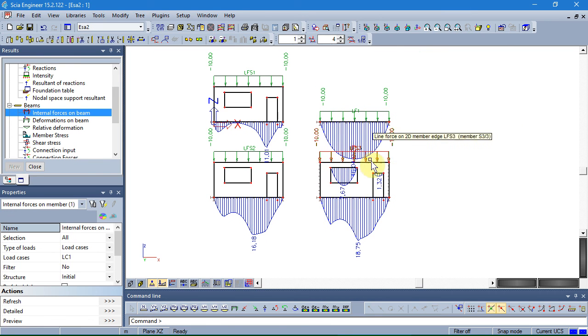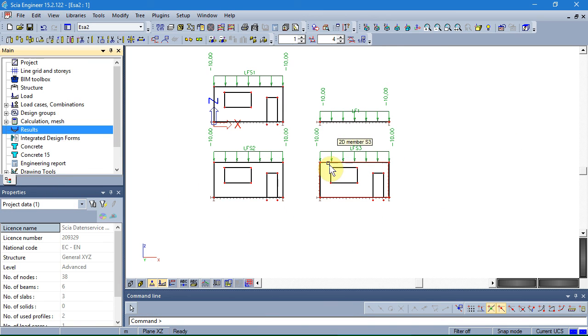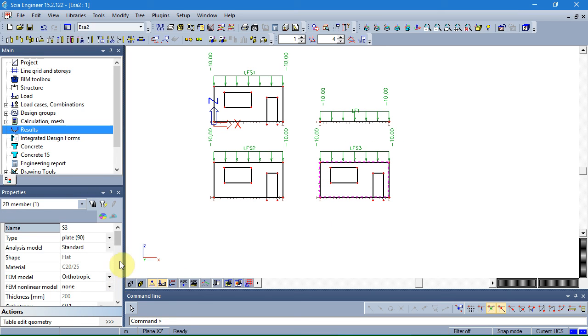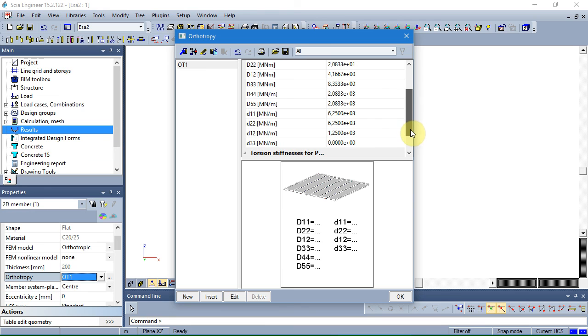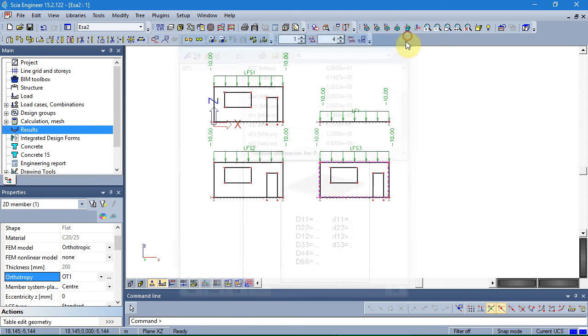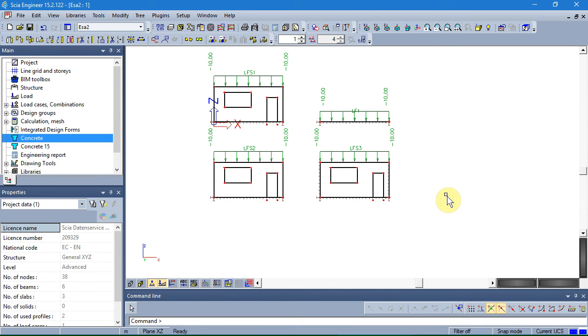You see there is not much difference between these two models. So I would say working with the property modifier is on the safe side, because you don't need to watch all these instabilities as with the orthotropic parameters, because if you reduce the stiffness to 0 in the orthotropic parameters, then you can make small troubles.